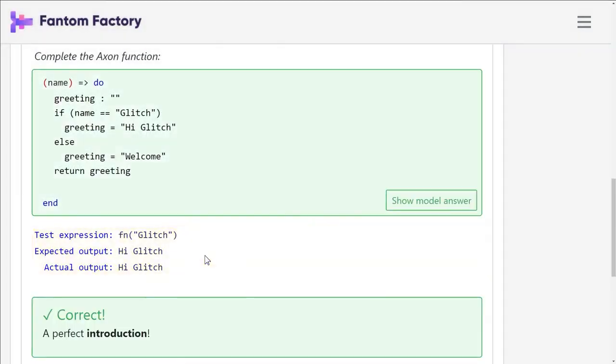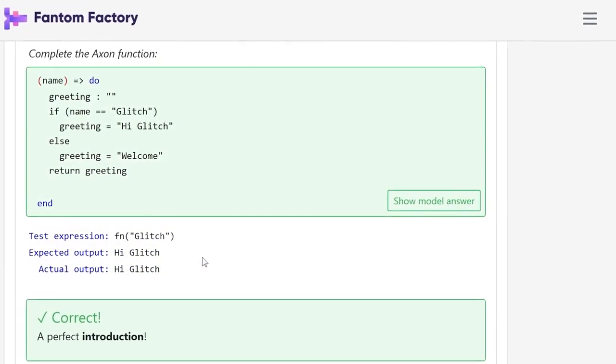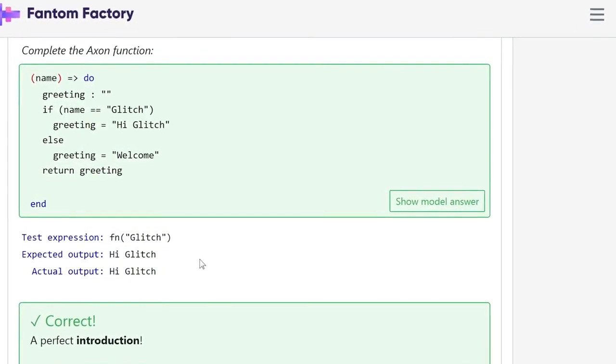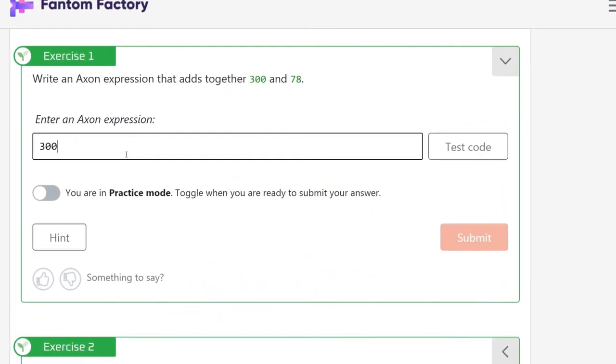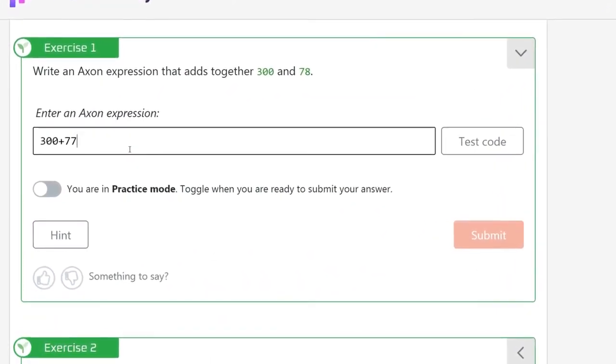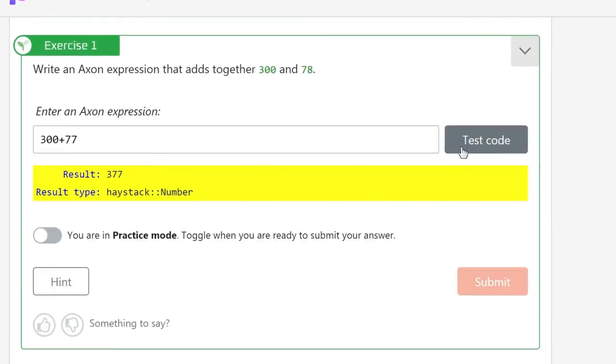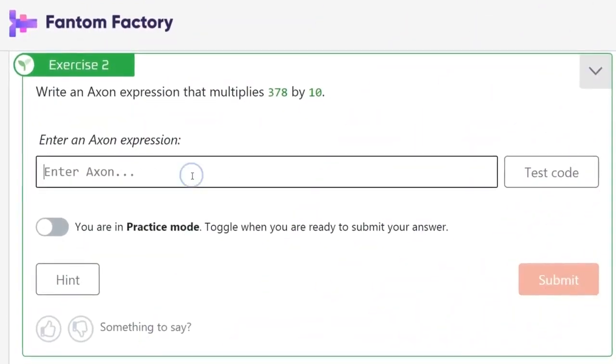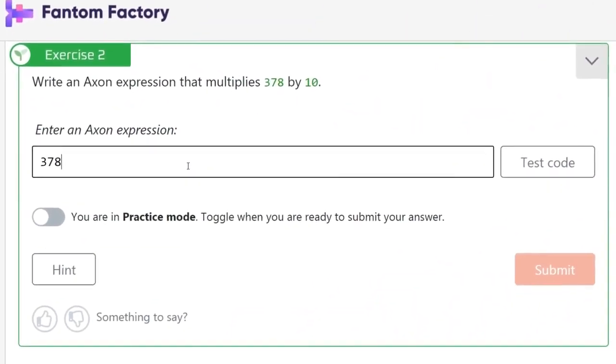Hey, it worked! Using the practice mode in our Axon console encourages our learners to build their code out in small stages, testing as they go. This is generally good practice in the programming world too. We've come to the end of this tutorial, and I hope that this helps to fully explain how to use our Axon command console.